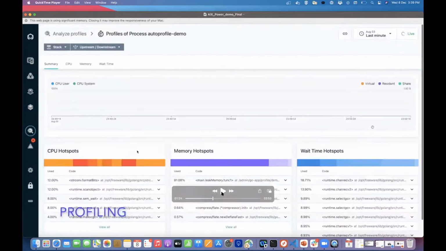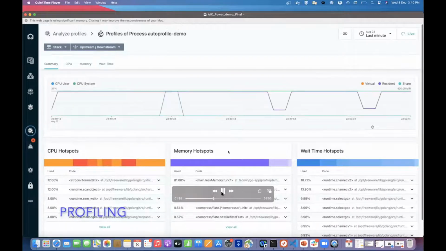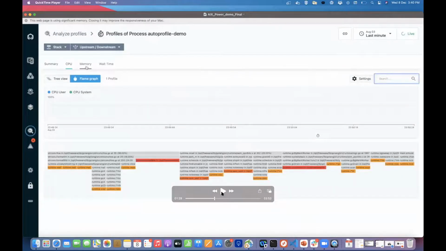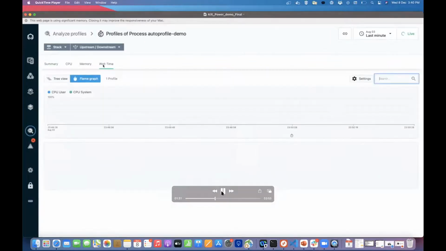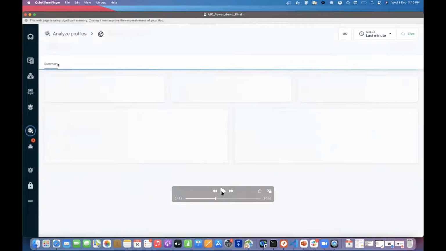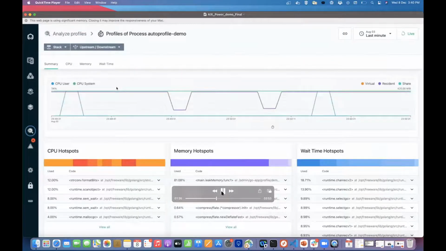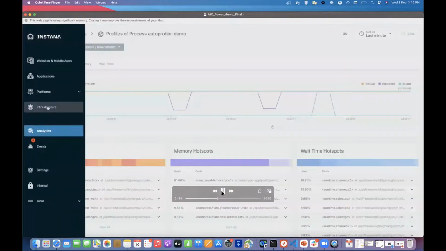As Chinmay was mentioning about profiling, here we can see CPU and memory profiling. Profiling basically helps the developer, the application developer, to understand where the bottleneck of our application is. Since Instana monitors all those things, it will be easy for the developer to understand where the bottleneck is, and it will help to enhance the performance of our application. With the help of wait time, like where it is consuming more wait time, we'll get the full picture regarding these things.